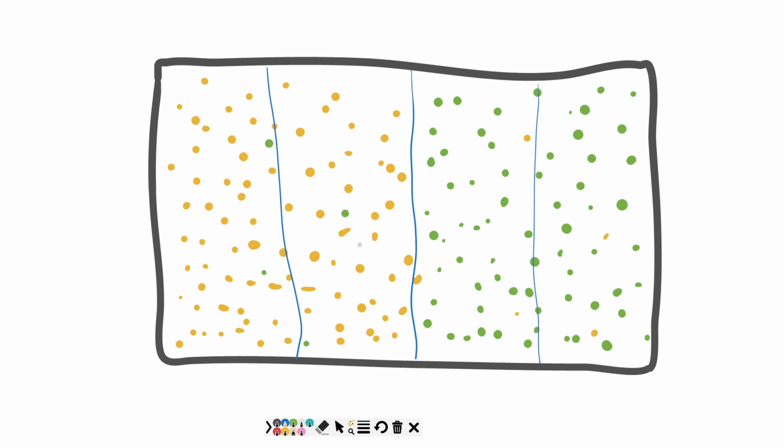Now what we wind up with here are 2 districts over here where the yellow gold party, right? They have an outrageous majority. On the other side, on the east side, right, the green folks party, they have the same kind of situation. Yeah, there are a couple of green over here in the gold, and there are a couple of gold over here in the green, but for the most part, when voting comes along, you're going to wind up with 2 districts that are yellow gold, and you're going to wind up with 2 districts that are green. And that's it. Neither of these things is in any way competitive.